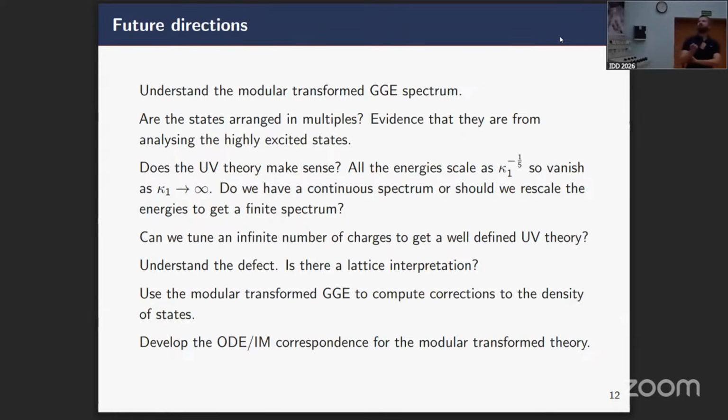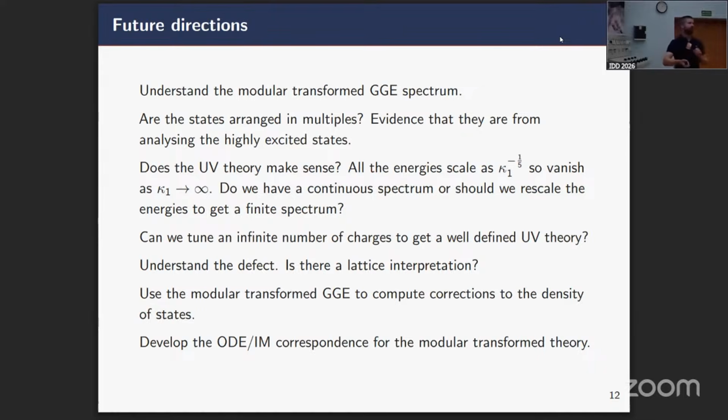As I mentioned at the start, I can then take these calculations and use them to compute corrections to various things like the density of states. And then through holography, I could go back and try and relate this to black holes that are related to higher spin gravity theories. And finally, something that we'd like to do is try and develop the ODE/IM correspondence for